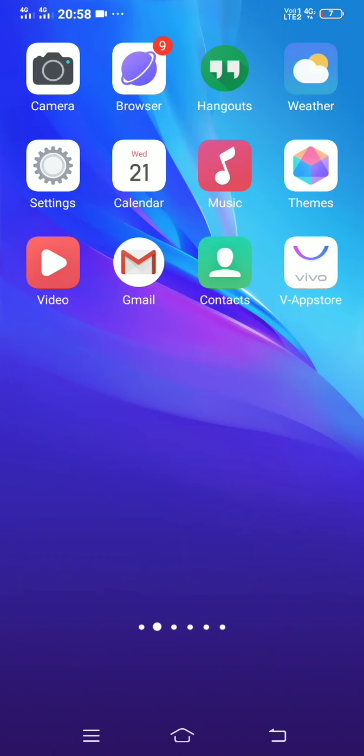Hello guys, have you used something called bedtime mode in your phone? So we are using Vivo Y51 and we will show you how to use it. So basically before going to that,